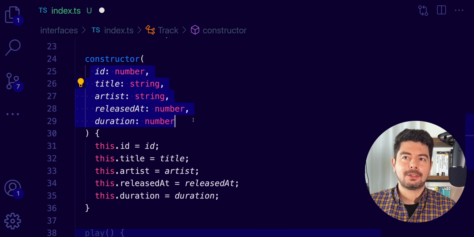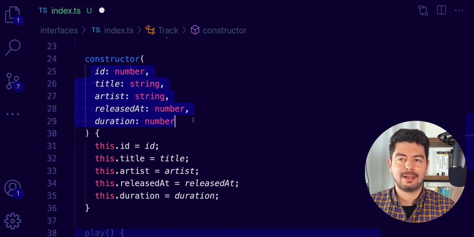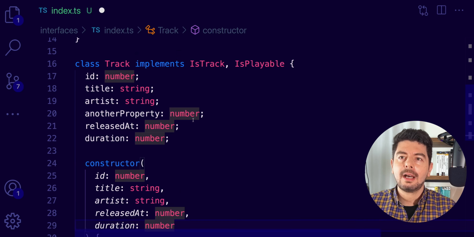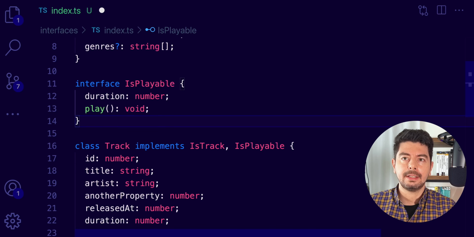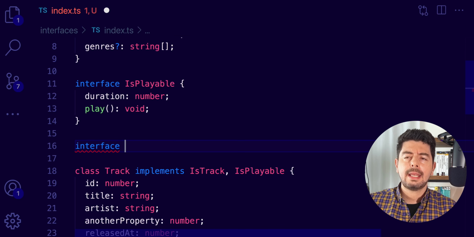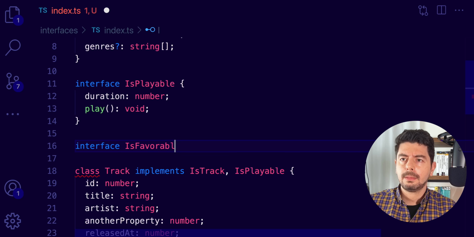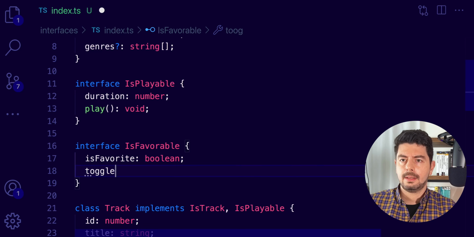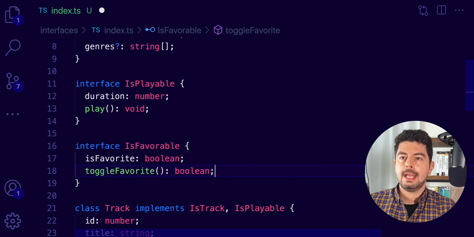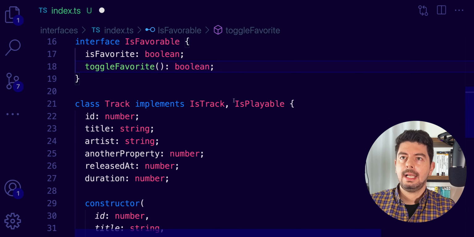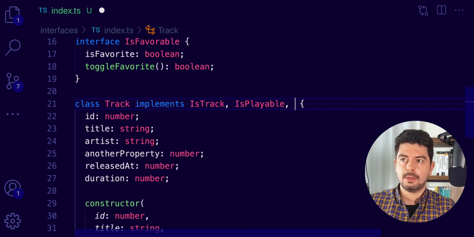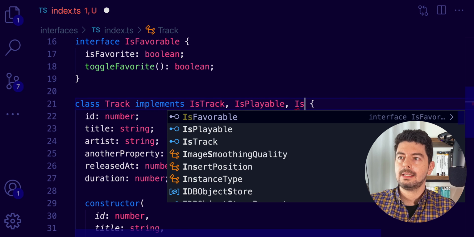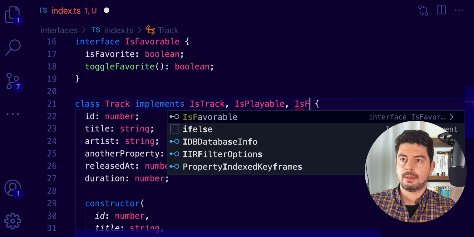You may want to refactor it a bit just to have an object instead of passing all these parameters here. I will not do that now, but what I will do is create another interface. So I will name this interface isFavorable, and as you guessed it, this interface will contain the isFavorite flag together with a toggleFavorite method. And let's go here in our track and let's add this interface to our list of implemented interfaces. So we say now that we also support the